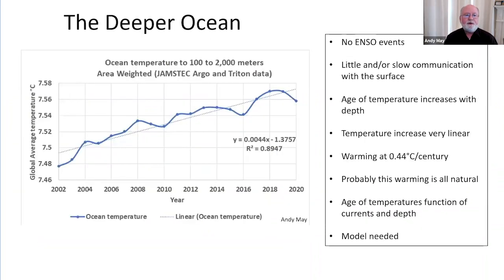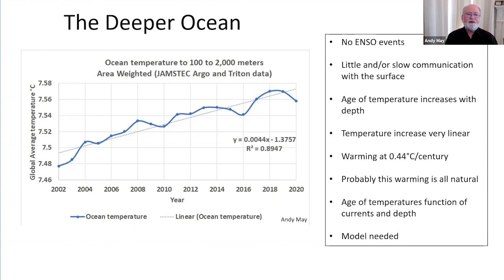Now, this is the deeper ocean. Again, it's JAMSTEC data, the Japanese data. It doesn't have any ENSO signal in it. I looked. It's basically just a linear increasing trend in temperature from 2002 to 2020 with an R squared of 0.9. I don't know how accurate this trend is. It's about 0.4 degrees per century, but